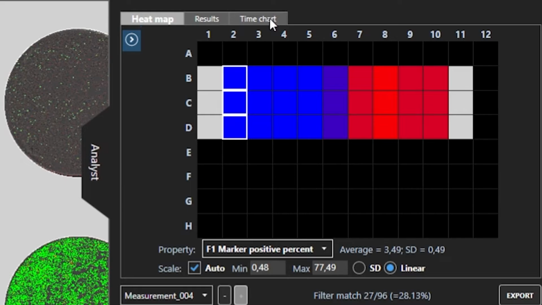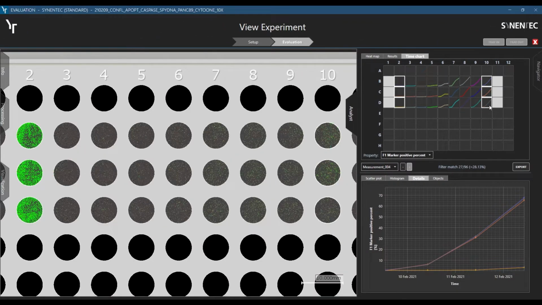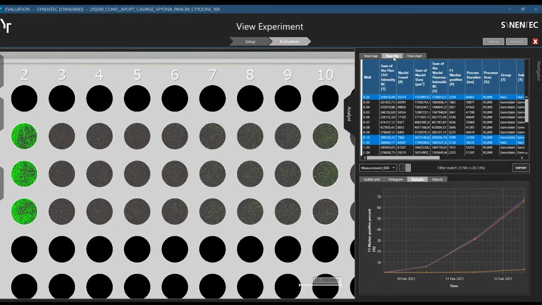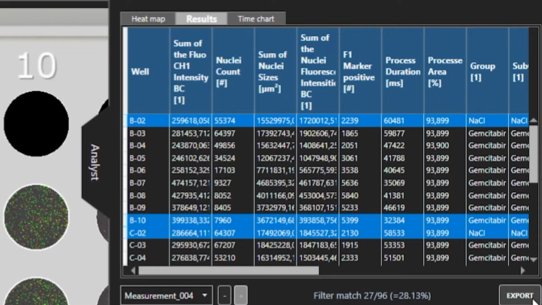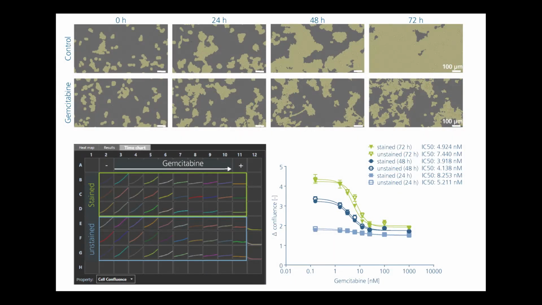We can also select the time chart function to get an overview of the development over time. The results are also visible in a spreadsheet format and can be exported. We calculated dose response curves for the two parameters nuclei count and percentage of cells with caspase activity, as shown here. In our case, we simultaneously imaged the cells on the bright field channel and also analyzed the confluence of the cells. This is explained in detail in a separate video or the application note, but here you see a short